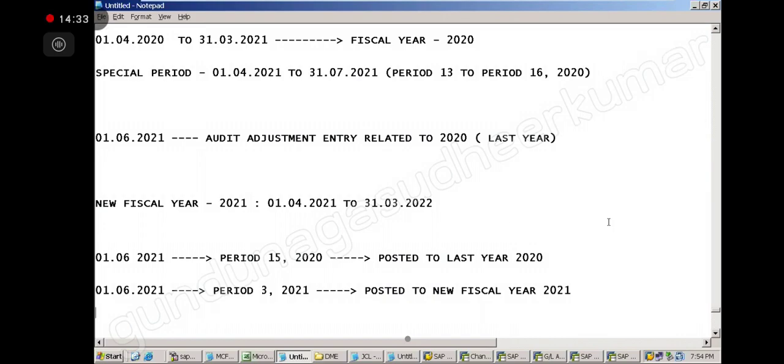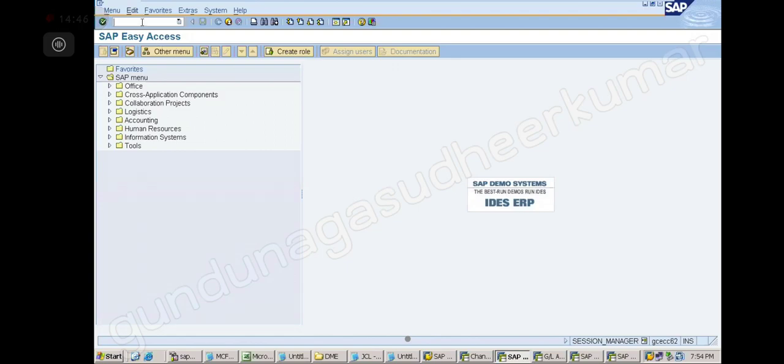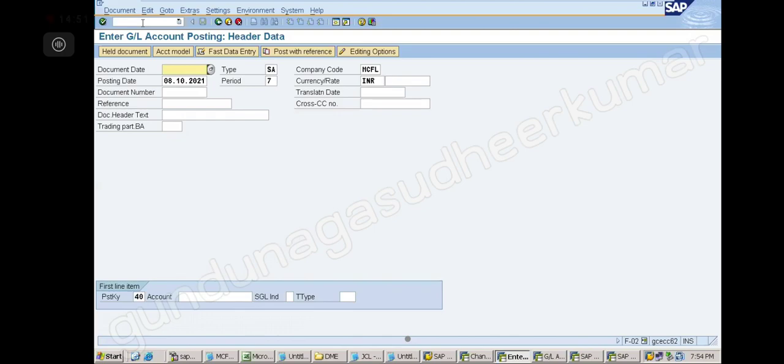Sir, the system is not asking for the period anywhere, like in SS00 or SB; it is asking for the date and fiscal year. See, there is one T-code. We will do the normal posting in F-02, right? This is also GL account posting. Good question. This is manual posting. It will work like our FD50. So here you can give the period and everything.